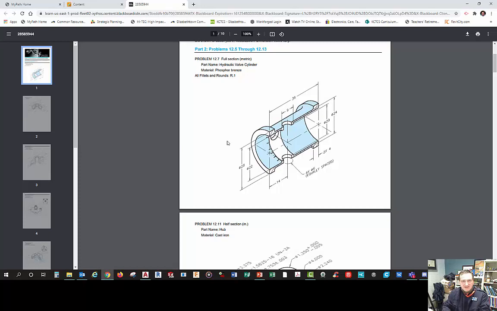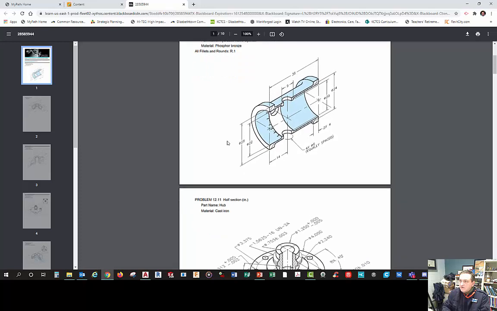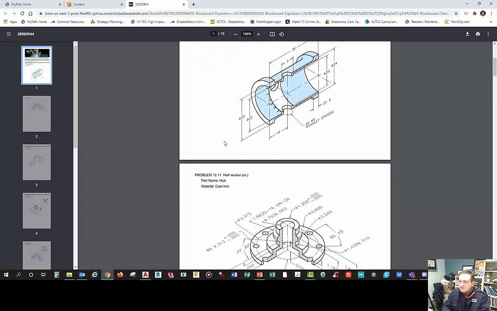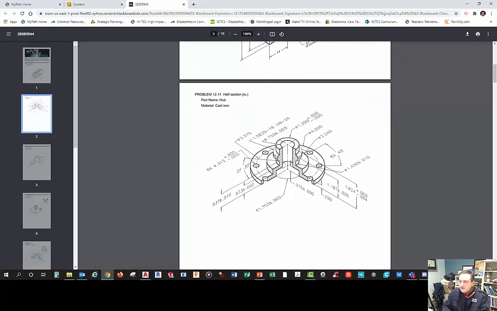I'm just going to expand on it and show you some other stuff too. But anyway, in this video, we're just going to go over this. So this is a full section. Now, this one here, yes, it's sitting like this, but the reason I was talking about